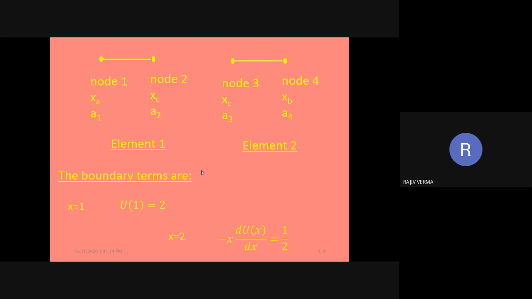Please note that in the process of discretization, we have a new node which is located at xc, at which there is no boundary condition prescribed. We have a new node appearing because of the process of discretization, which is xc in this particular case, and at xc we have no boundary condition prescribed.